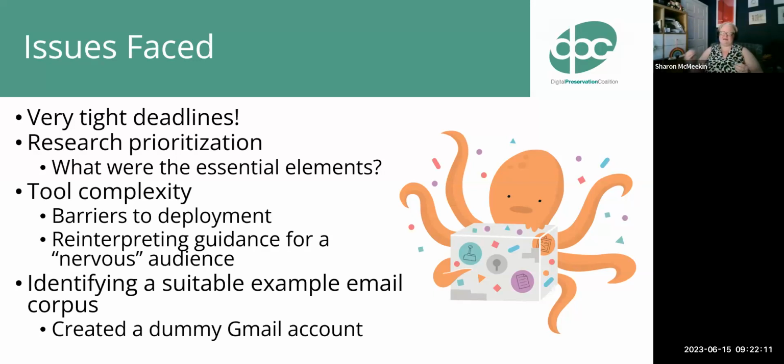And some of those were likely still to be relatively new to digital preservation. So that needed to be in the back of our minds at all times. So we had to make sure whatever we included would be suitable for that audience. And that meant that there was thinking about barriers to deployment for many of the tools that are out there